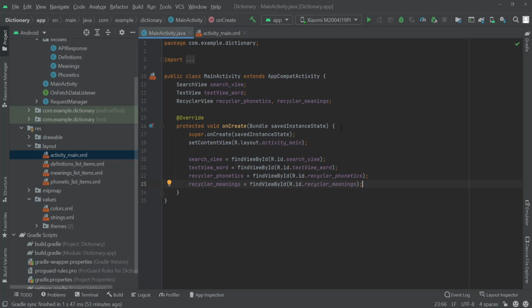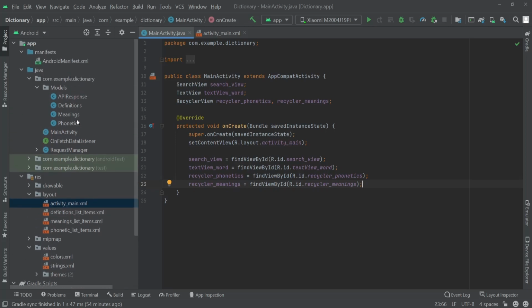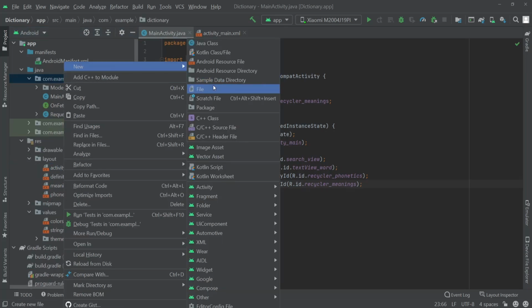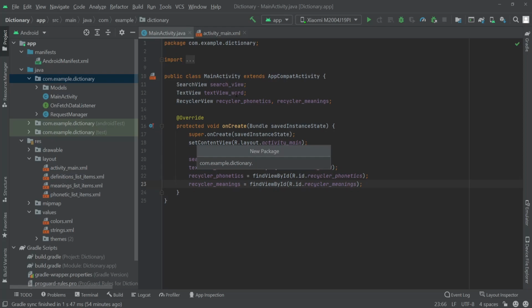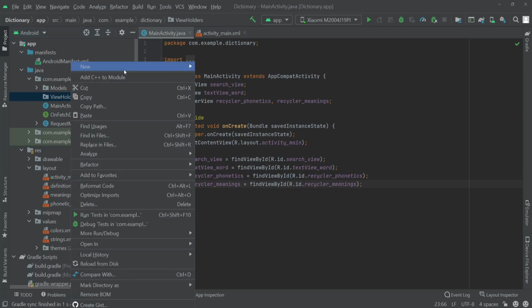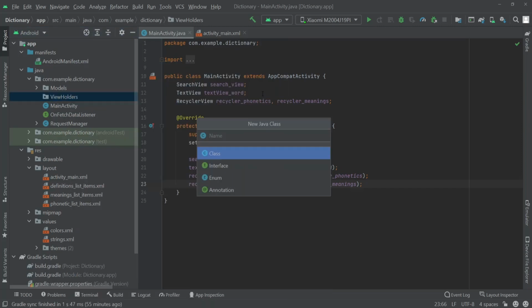Alright, so now let's create some other classes to show the data inside our recycler view items. For this we have to create a view holder and a custom adapter. So let's create a new package here. I'll call this view holders. Inside the view holders we'll create a Java class, and I'll name this